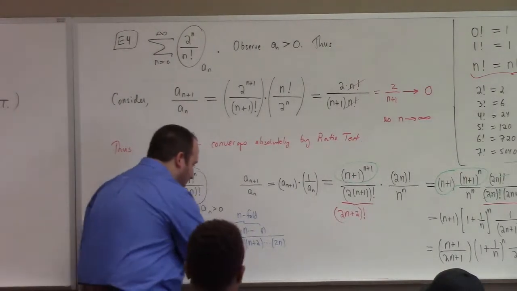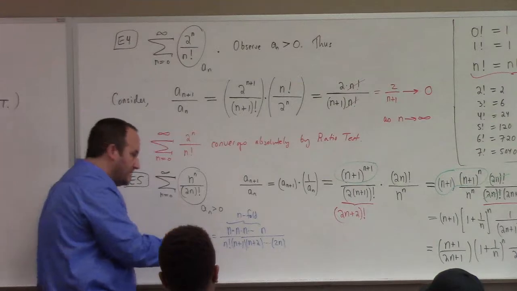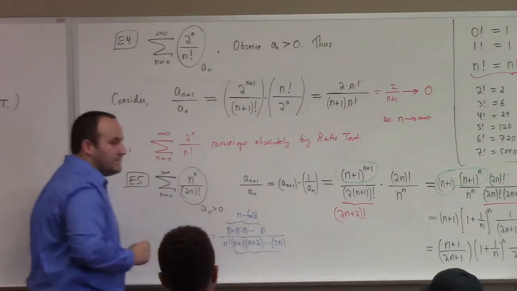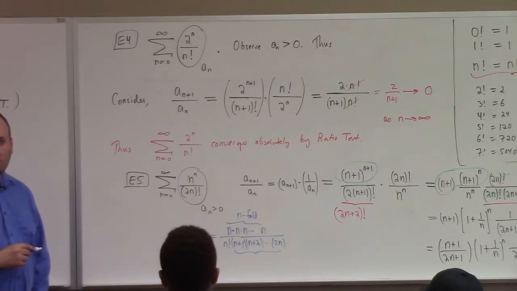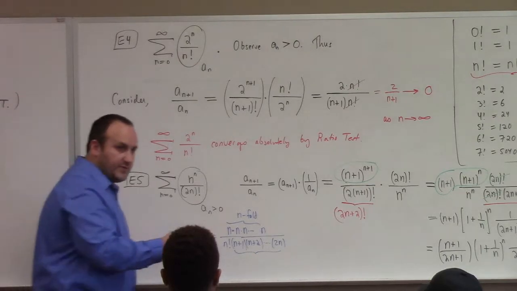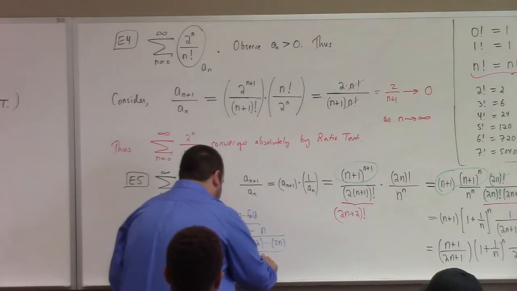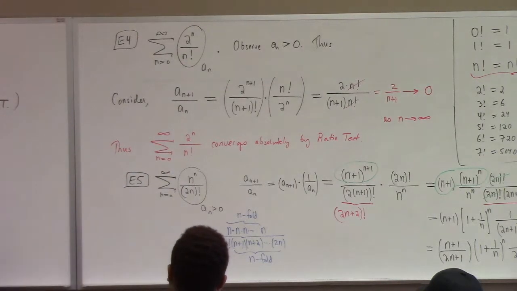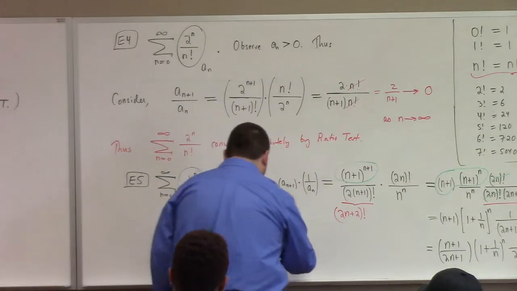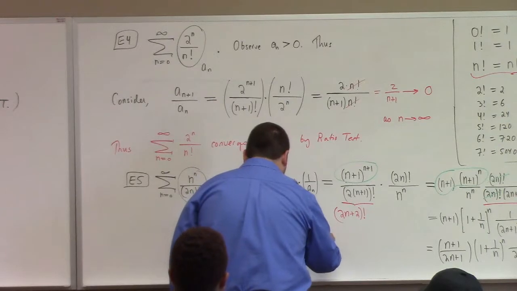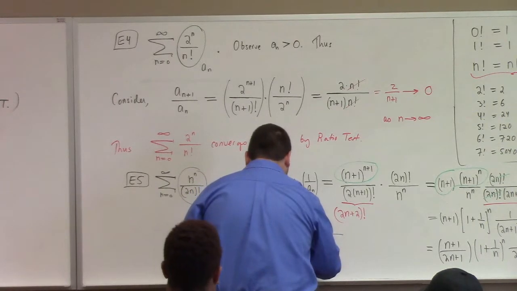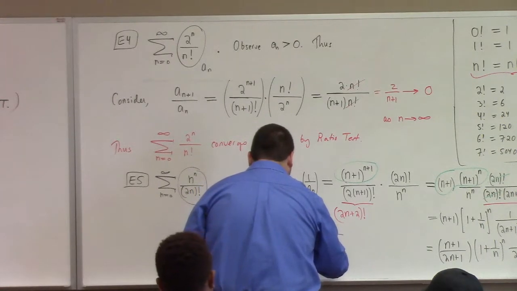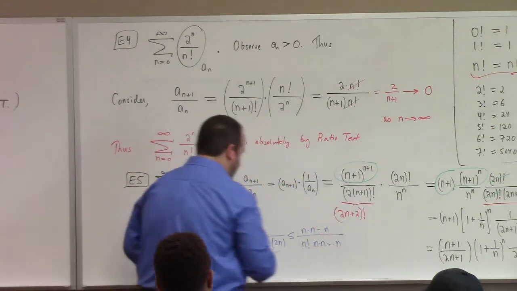What if I trade every last one of these factors? How many factors are there here? How many are there? There are n of those, right? So what happens? Can I replace each one of those with n to make the fraction larger? I can, right? And you see, when I do that,